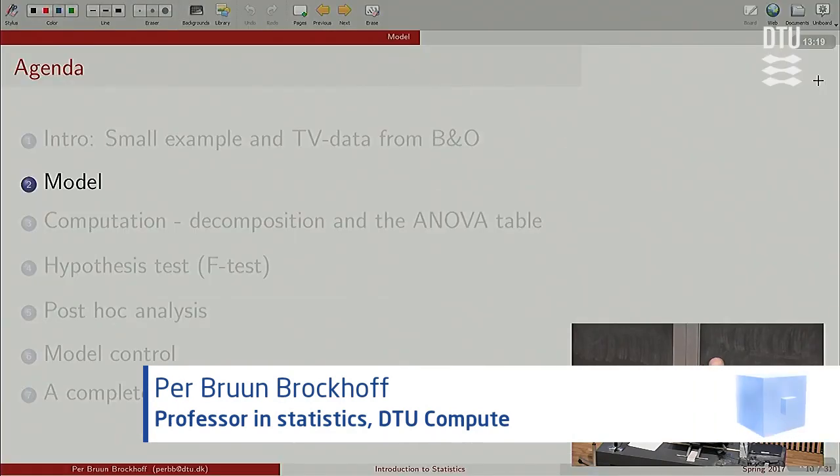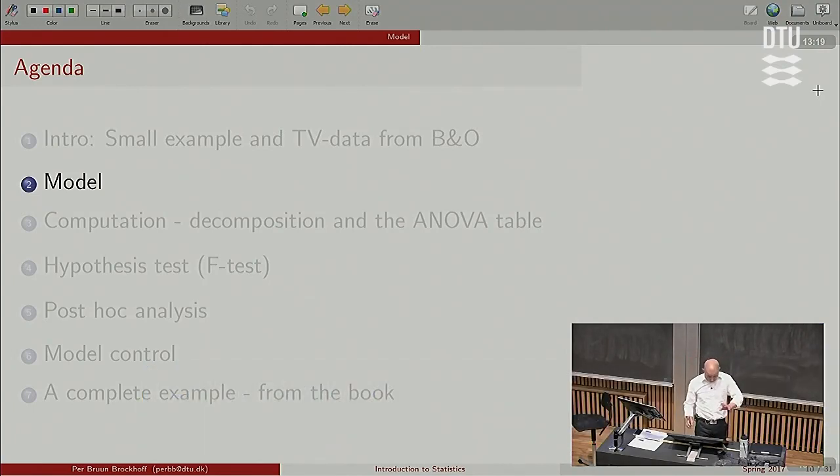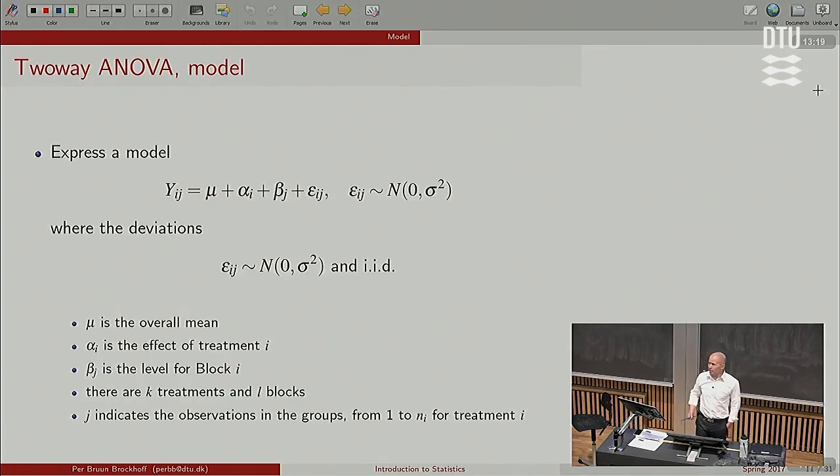So let's have a look at the model then. This time, actually this first quiz could work for both last time and this time actually. But this time we need to be slightly more detailed. We need one more thing. Now here's the formal linear model expressing the basis for the analysis that we do. It looks a bit like a regression model, and somehow it is, but we express it slightly differently and more